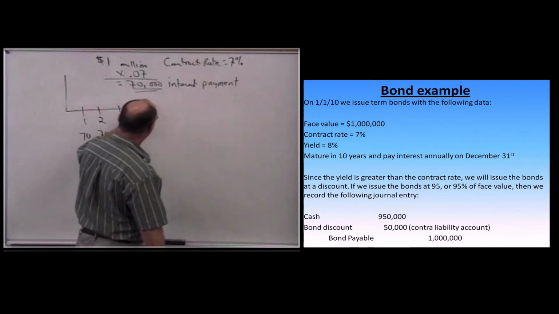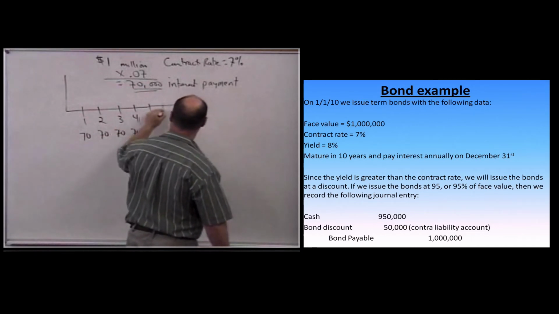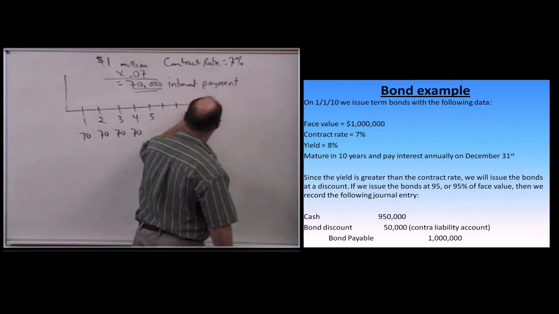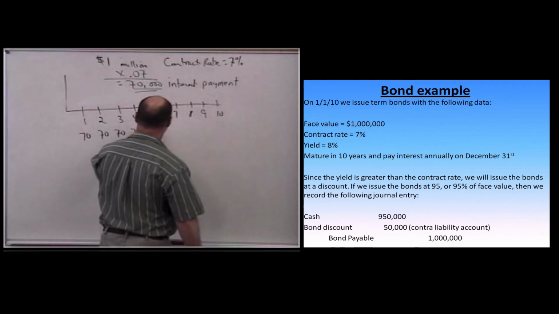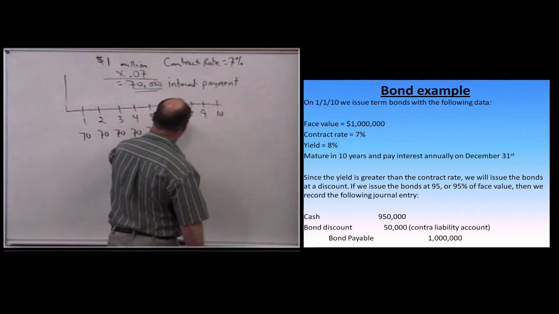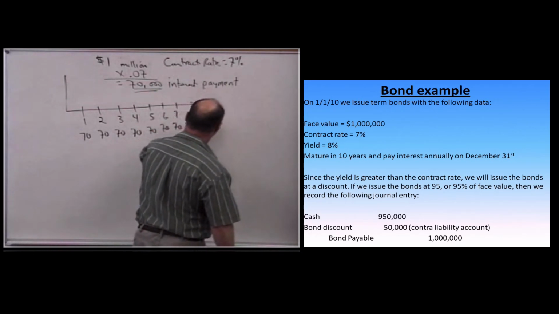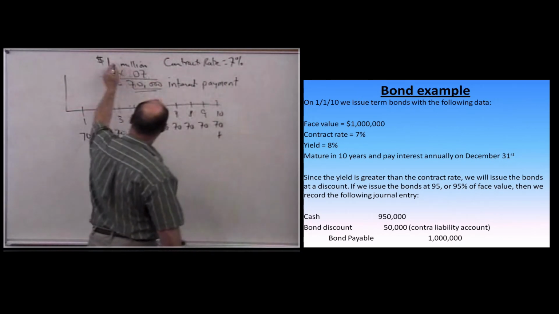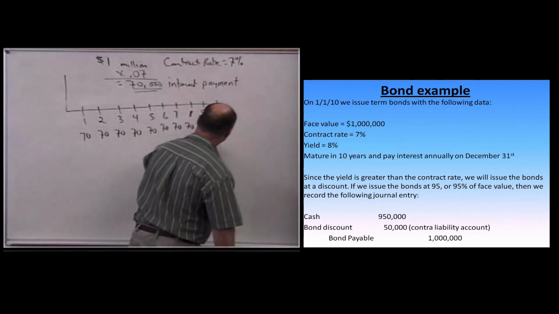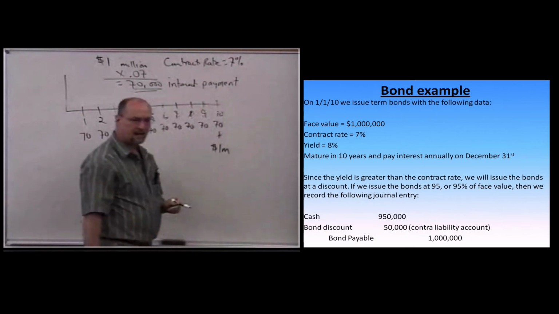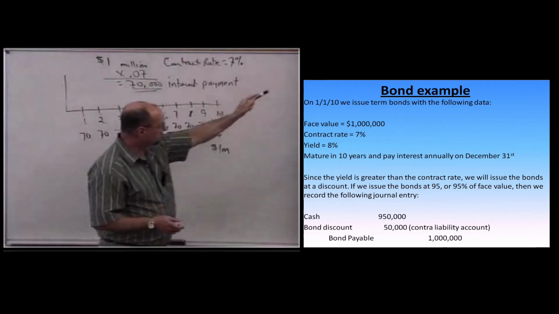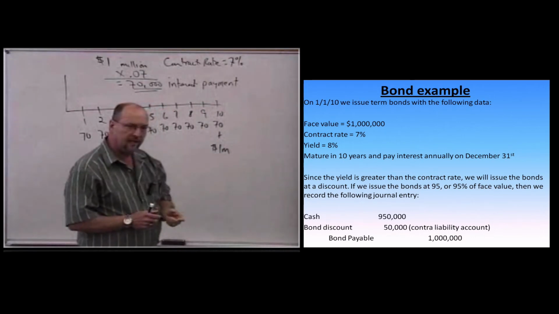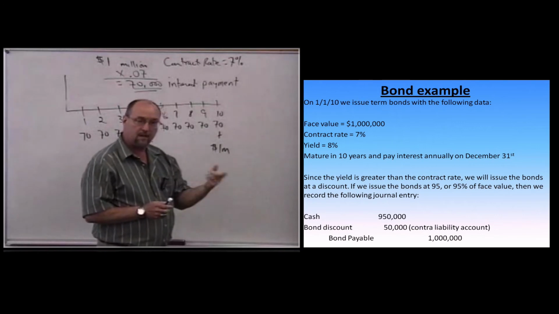And I'm sorry, my bonds go out 10 years. So 6, 7, 8, 9, 10. So every year I'm going to cut a check for $70,000. And then at the end of the 10th year, I'm going to pay back the $1 million at the end of the term. Okay? Notice, my market rate or yield is 8%, which is a little bit higher than my